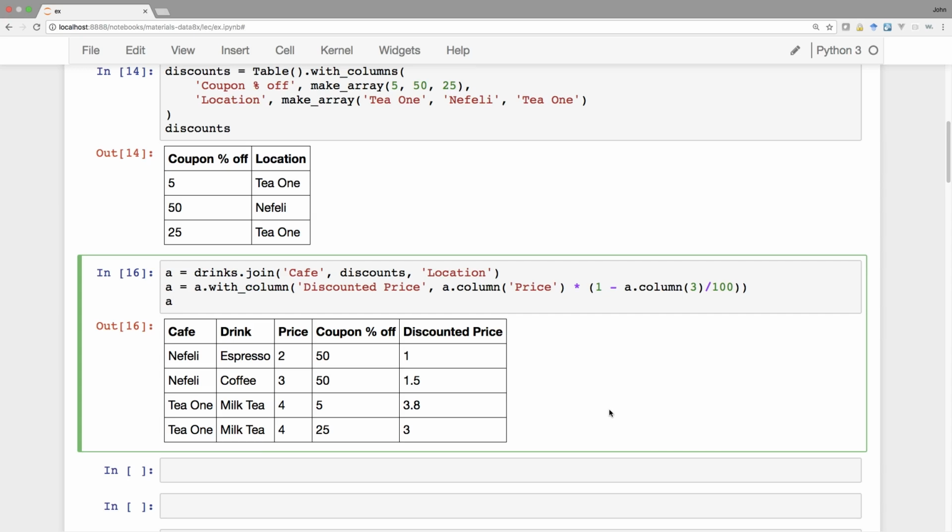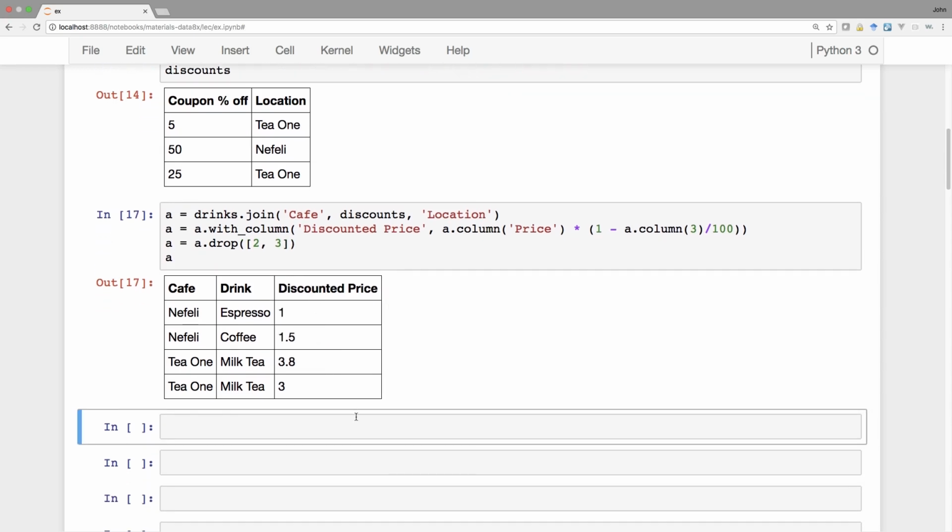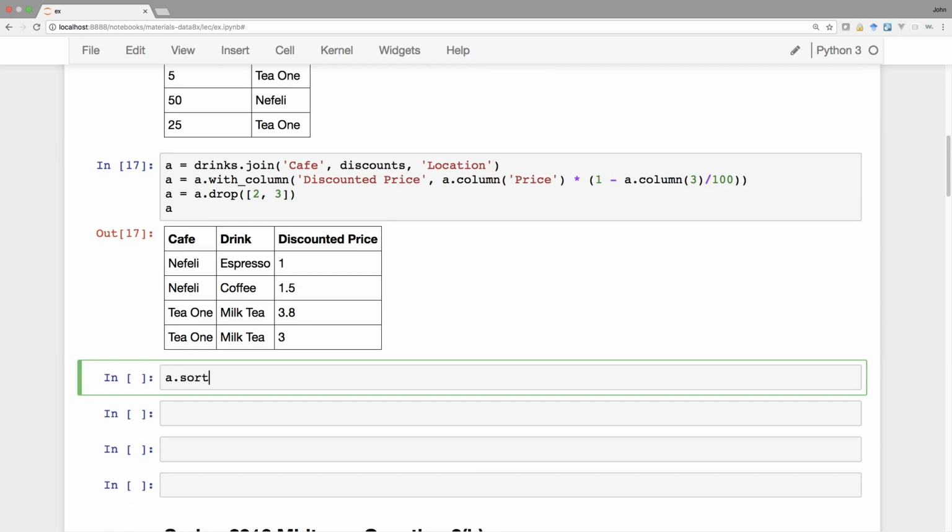Before we proceed, let's think about what information is required in order to compute the result. We need to know the cafe's name so that we can find unique values of the cafe. The drink names are required in the output. The discounted price is needed because it's required from the output and tells us which one is the cheapest drink. And these other two aren't needed at all. So I'm going to change A to drop columns 2 and 3 so that I'm left only with the information that's relevant. Now let's see, if I sort by the cafe name,